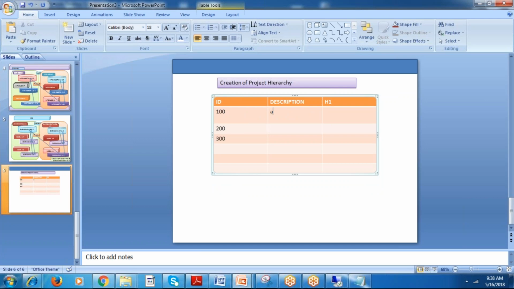So the first one is Andhra Pradesh. Next one is Karnataka. Next one is Telangana. Fourth one is Maharashtra.